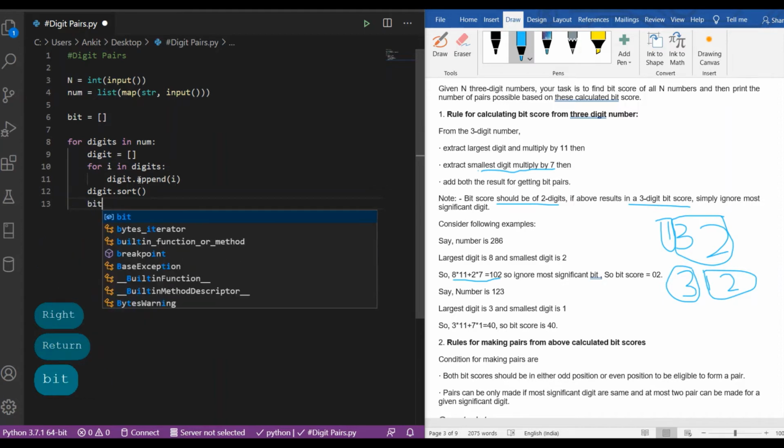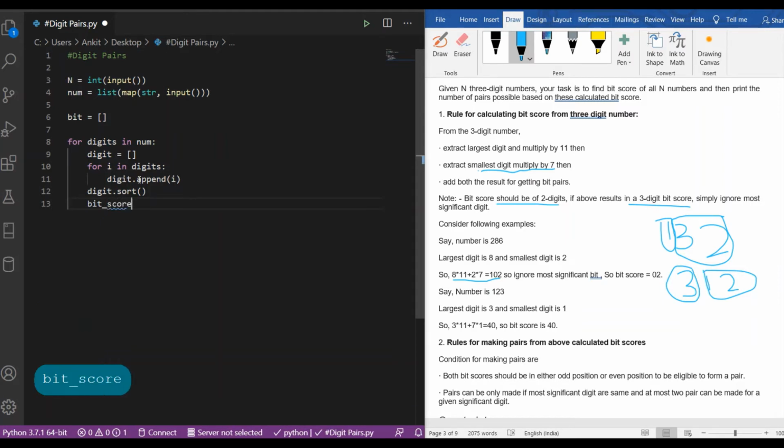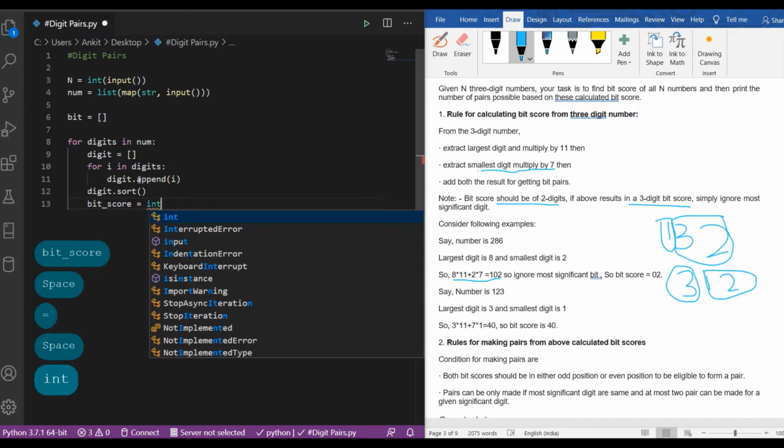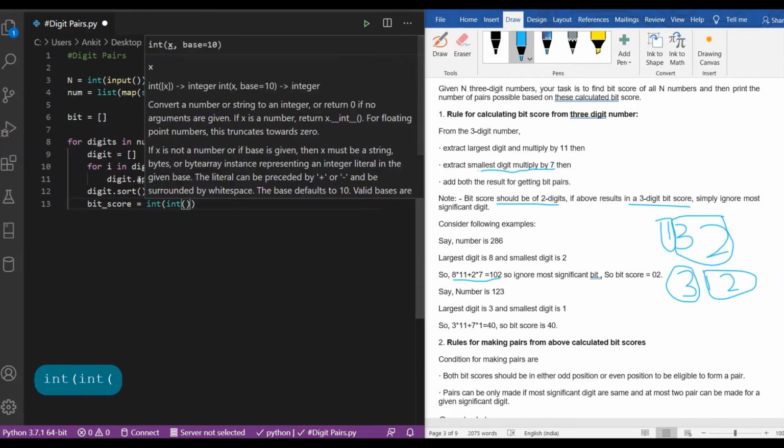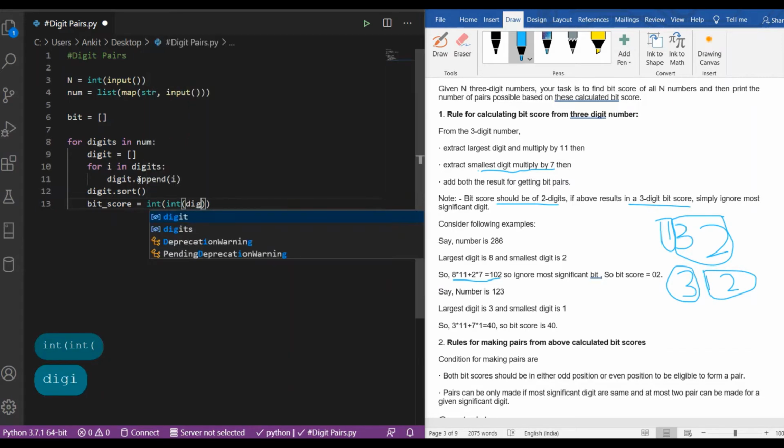And as we have sorted the digit list, we will be able to get the bit score. So the bit score will be equal to the smallest digit in the digit list, which means the value at the zeroth index is the smallest one.